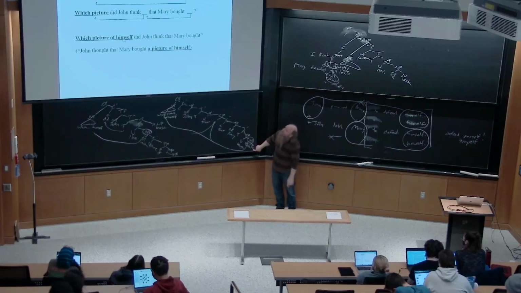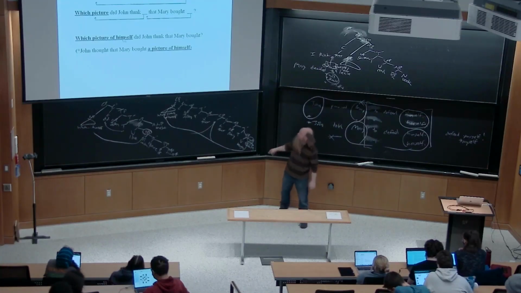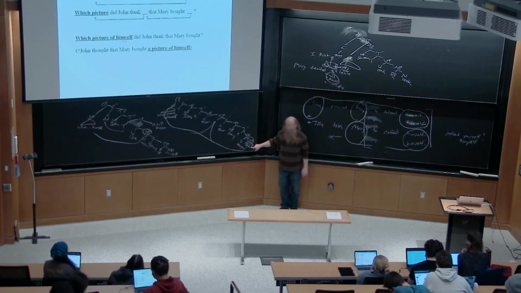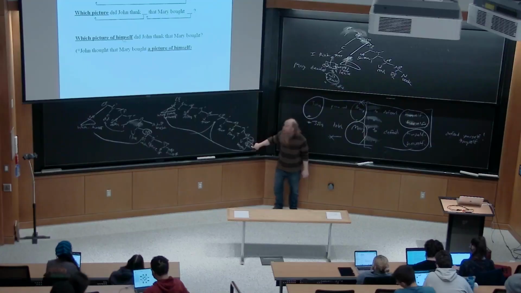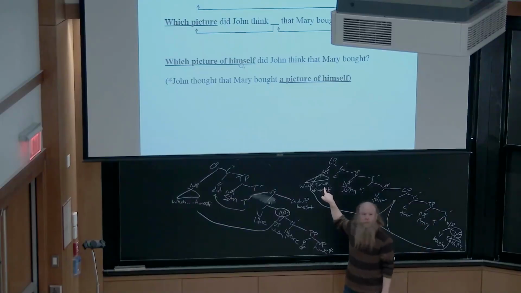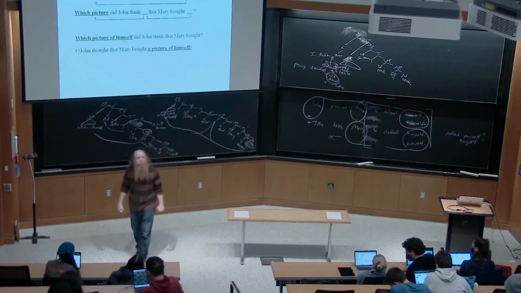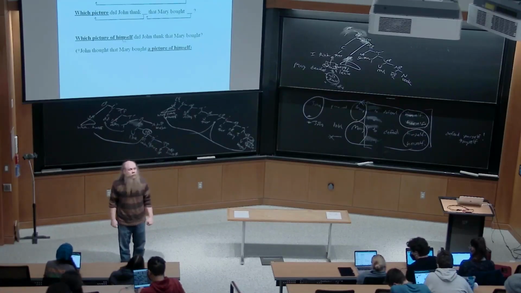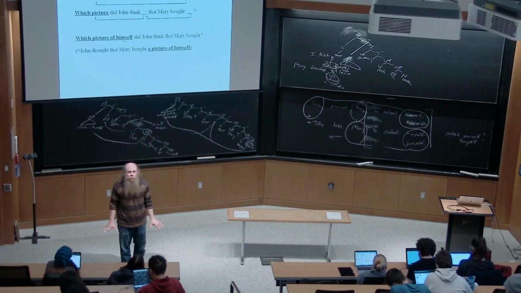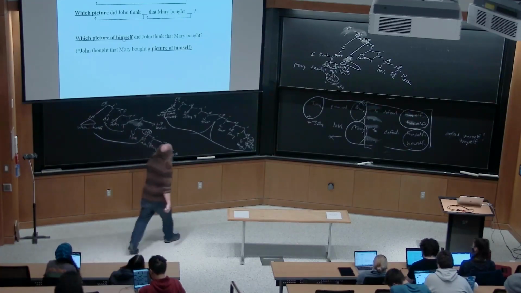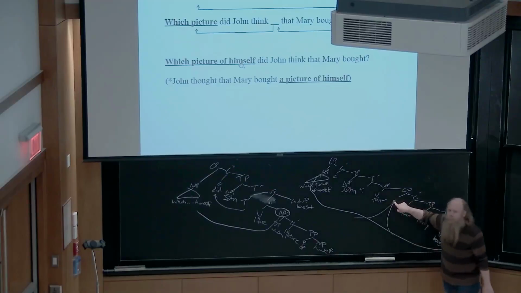And so we can see that here. You can't say "John thought that Mary bought a picture of himself." So this position is too far away, and this position John doesn't c-command. If these are the only positions, then we are doomed. Yeah? Himself can't be bound happily in either of those positions. Doomed. But if which picture of himself spent some time here,